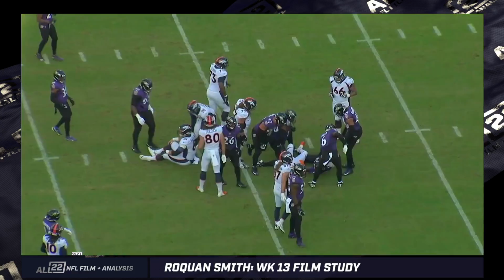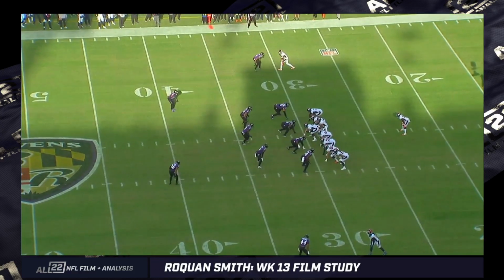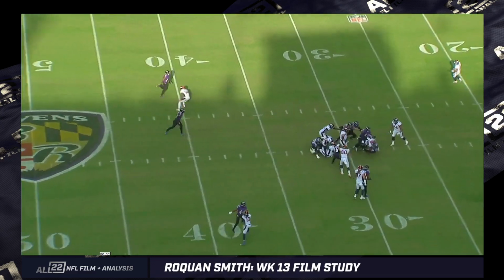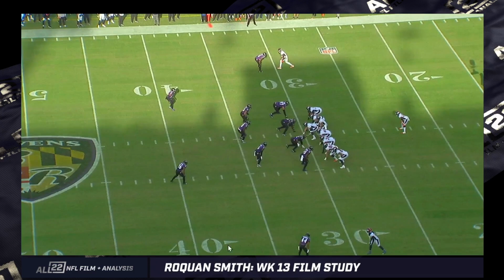This is brilliant by the Ravens. Brilliant strategy, brilliant recognition. And there's a lot of people who don't understand what's going on here. Why is Patrick Queen blitzing away from the play? We recognize that there's 2 tight ends here, and we're in our 4-3 look. So Harrison is playing weak side outside linebacker. We've kicked him inside. So we got a 4-3 look, and backside we've got a 5, which I think is